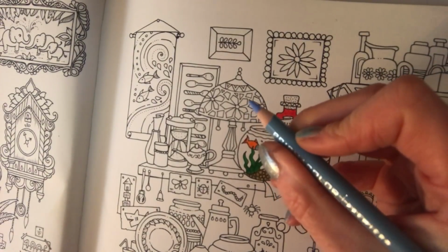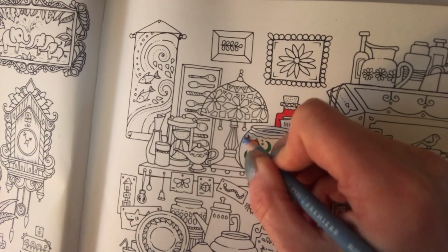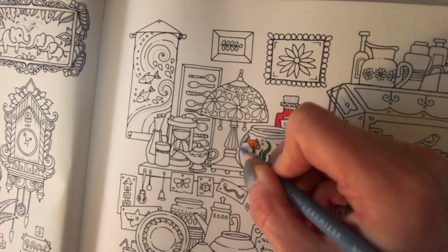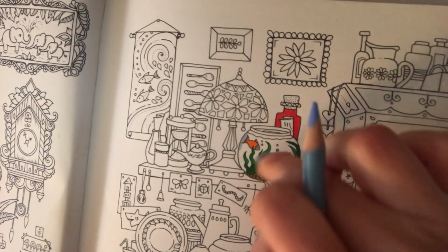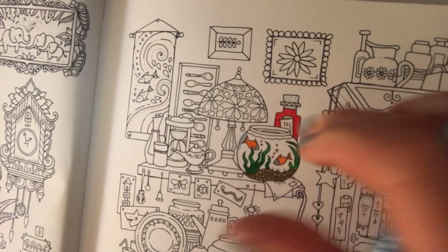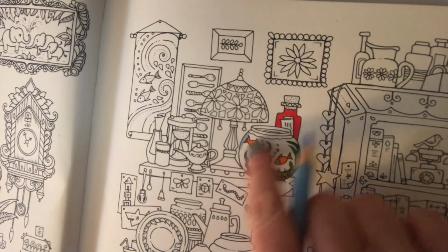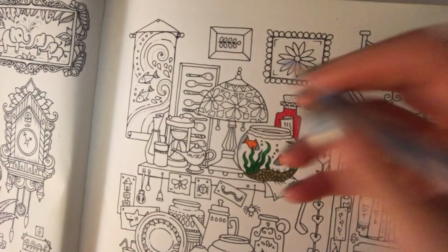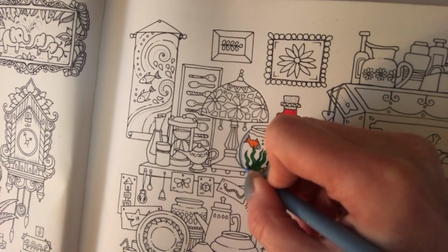So with the deepest of the 2 blues, what we're going to do is just go around the edges where the glass would be thicker as you're looking at it, because again, thinking about the shape of the object and how the light would hit it, the largest amount of light straight on would be on the front of the glass, hence the darker shades would be on the outside. So just in a medium firm hand with the blue slate,